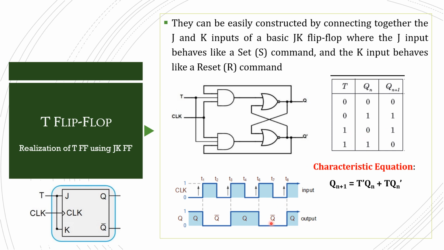Okay. Now let's look into the timing diagram. So during the positive clock pulse at the time T1, if Q is equal to 0, or if Q is equal to 1, it toggles its state. During the next clock pulse, if T is equal to 1, then it toggles its state. Okay, during the next positive clock pulse, if T is equal to 1, the Q will move to the logic 0 state, that is it toggles its state. Okay, so this J and K inputs of the JK flip-flop is tied together to form a T flip-flop.